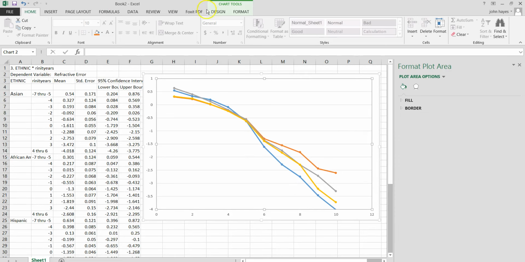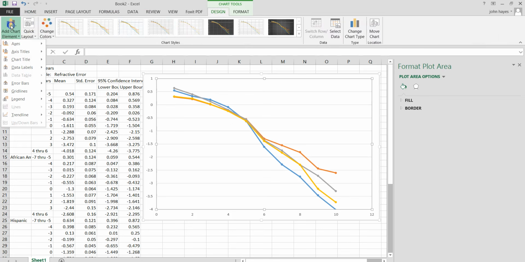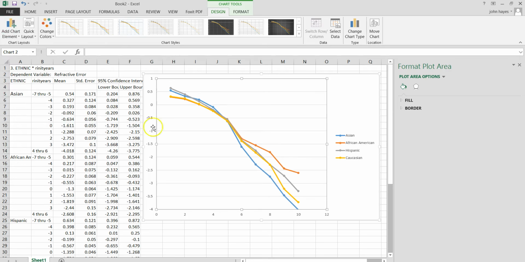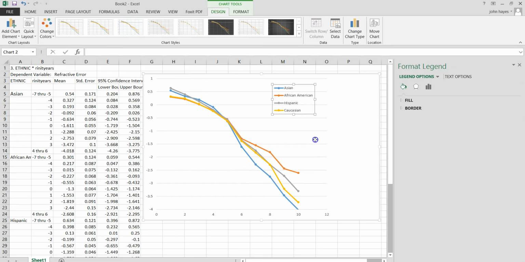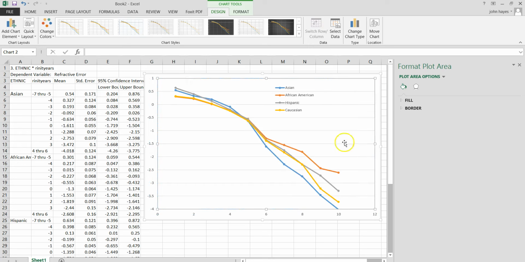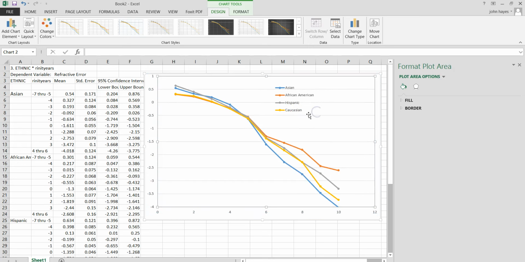Let's add a legend just to help us out a little bit. We go over to add a chart element, the legend. We'll put it off to the right, but then we'll move it inside. And we'll expand our graph out again. All right, now we see that we have